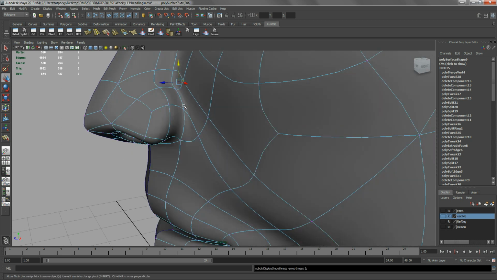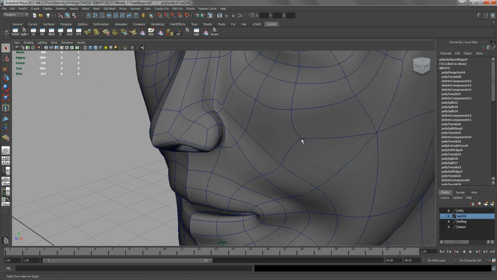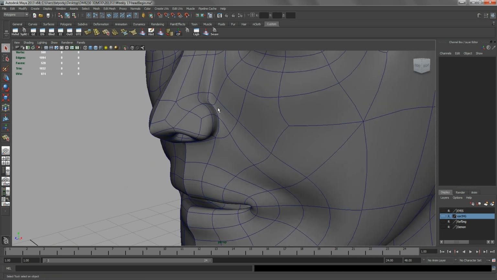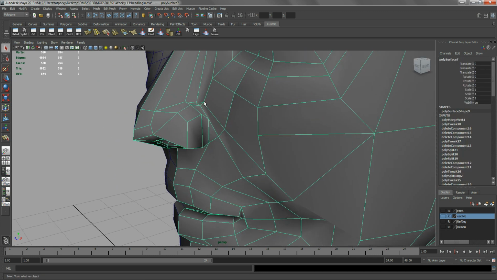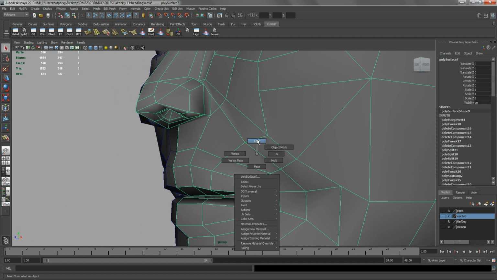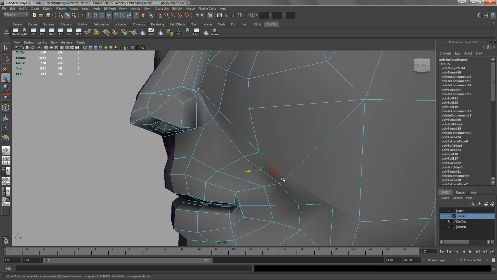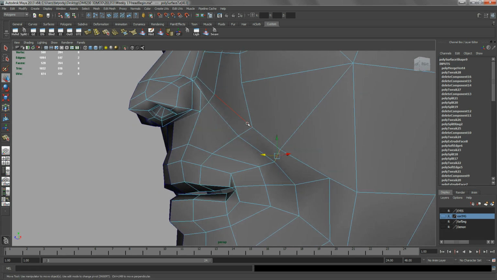So having that triangle, I'm just gonna take a quick look. So having that triangle seems to be fine. And of course, if we want, we can always add one more down. Okay, so the next thing is to move this and